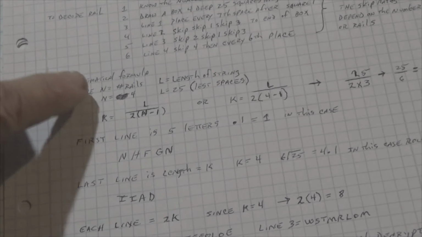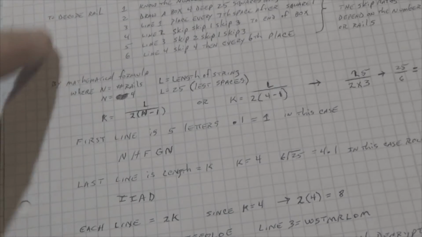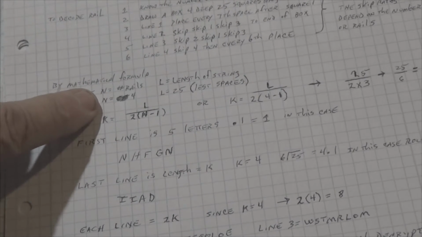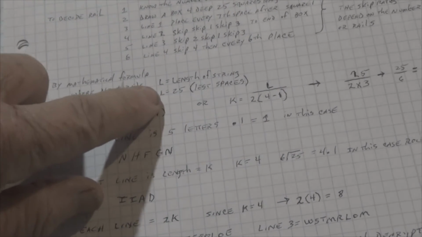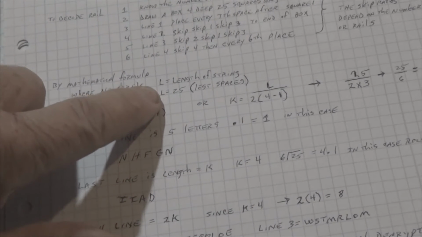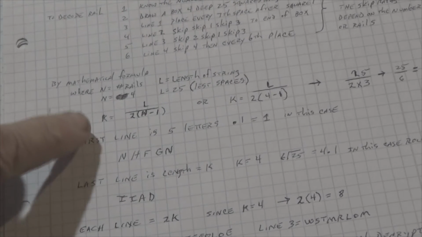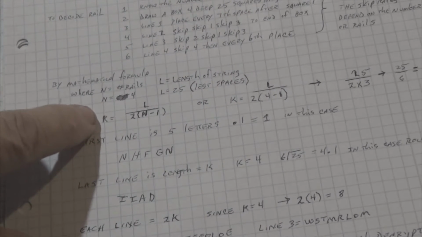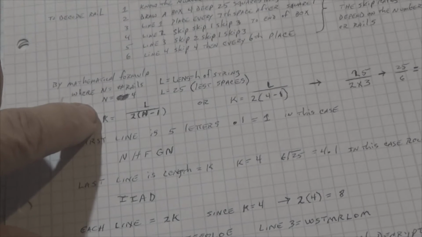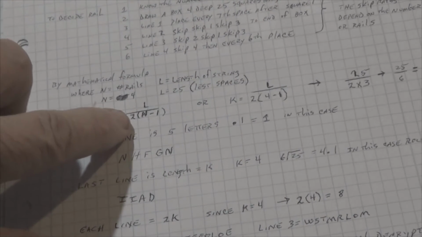So in this case we know we have 4 rails, the length is 25, right? So n equals 4, L equals 25. Now granted there are spaces up there, but we didn't put the spaces into the thing, so don't worry about it. So K, and K is going to come back to be real important, equals the length divided by 2,